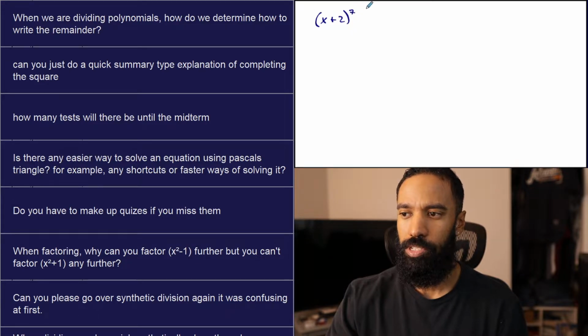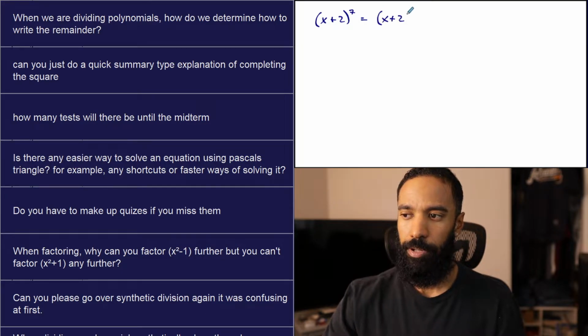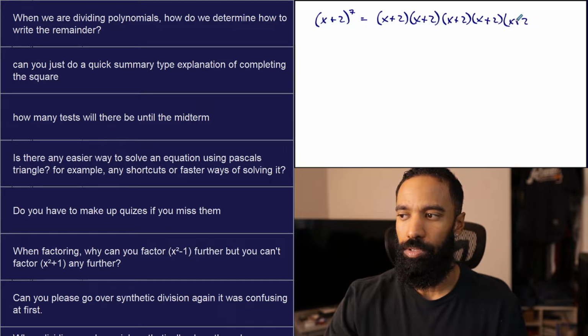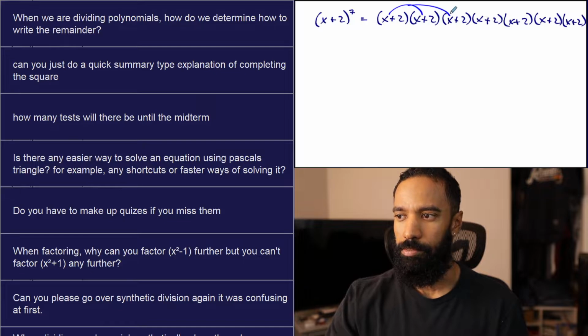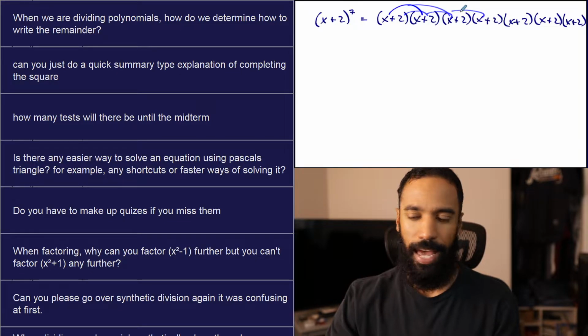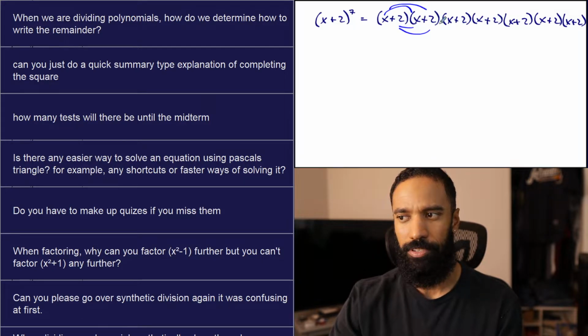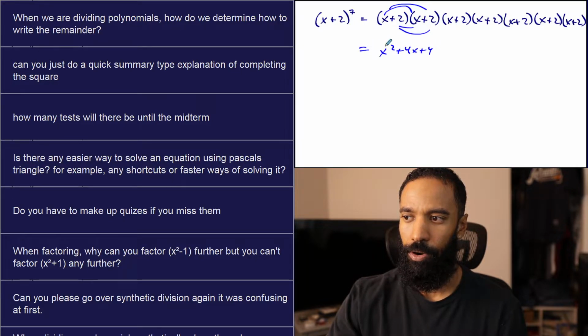If I did x plus 2 to the 7th power, the long way would be take 7 x plus 2s and multiply them out. And remember, you kind of have to do one at a time. In one kind of way, I can do 3 or 6 at a time and leave the last one over. Because here's the thing, you don't just do x times x times x plus 2 times 2 times 2 like that, right? You can FOIL this part out, right? X has to multiply with every one of these things here, and 2 has to multiply with every one of these. You'd keep going. But I could do perfect square trinomial, x squared plus 4x plus 4 at least there,